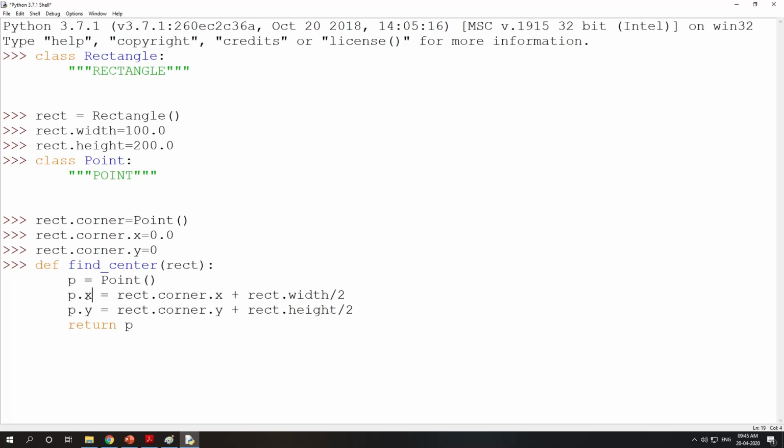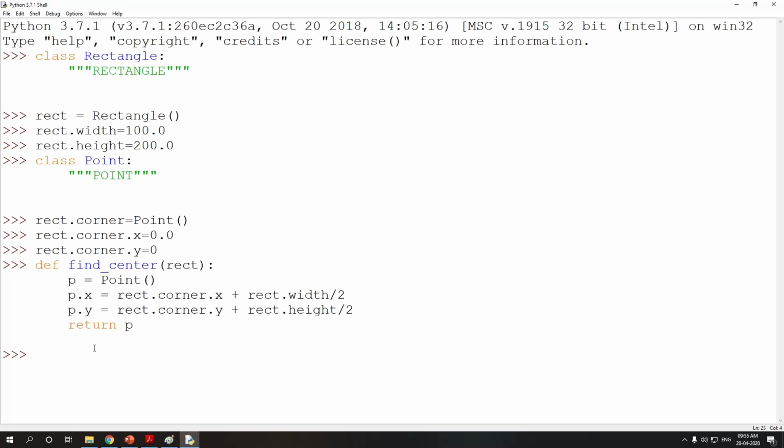So x will store 50 and y will store 100. Now when you are returning p, p is an object of Point, and you want the coordinates of the center, so you are returning p. You are not returning p.x and p.y. You are just returning p, and p will have two attributes, x and y, to the calling function.